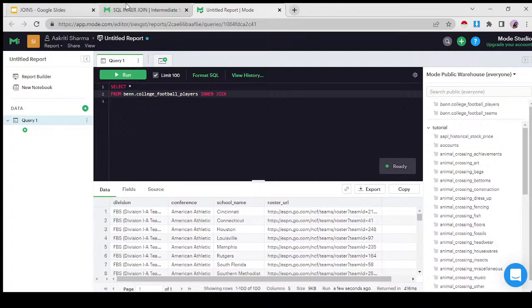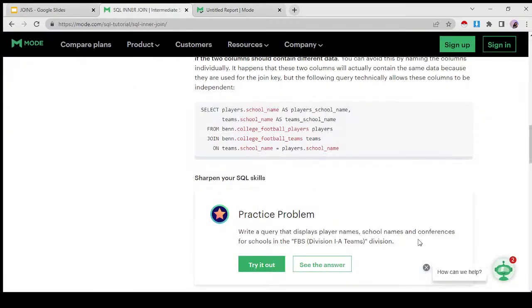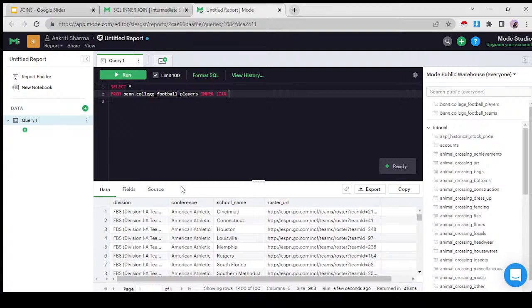So I know that since I need player name, school name and conferences, which was not a part of the original players table which we saw earlier in the previous question, we would have to use a join and join two tables together. Those two tables are players and teams, because teams has that conference column. So we'll be using another table name, which is Ben college football teams.